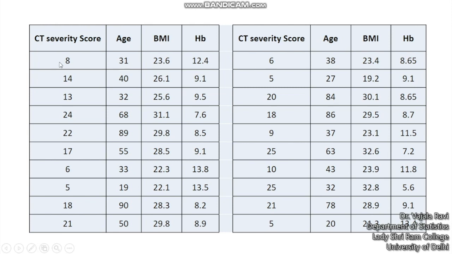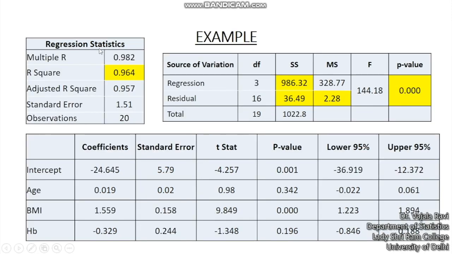So we have the CT severity score, which was affected by age. Now, going by the opinion of doctors, we believe that it is of course affected by BMI. It is also affected by maybe blood sugar levels or maybe hemoglobin levels, by the blood pressure levels, etc. So we created this kind of a hypothetical data set. So we now have three variables which were explaining the CT score. That's the result of the analysis run using Microsoft Excel.